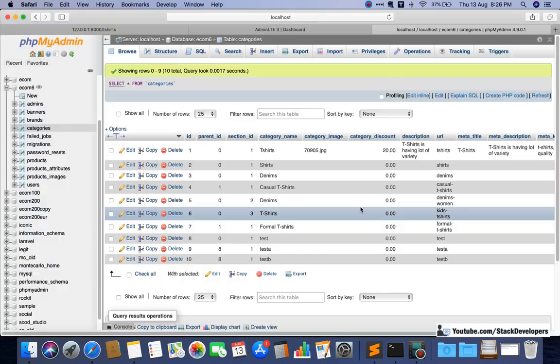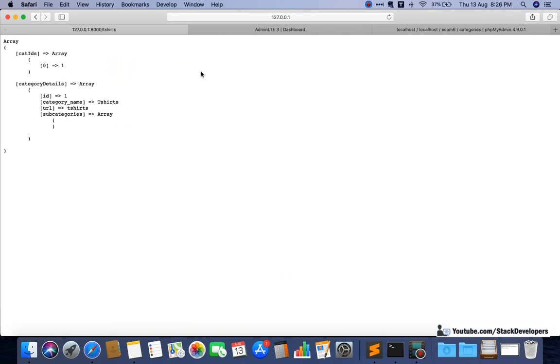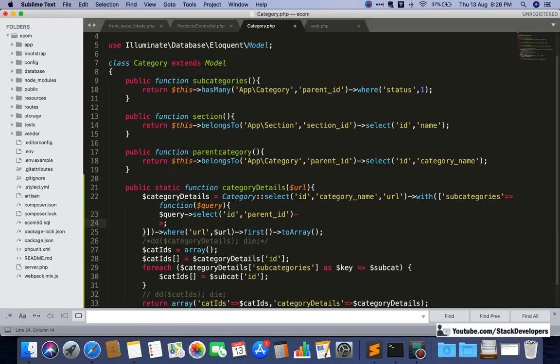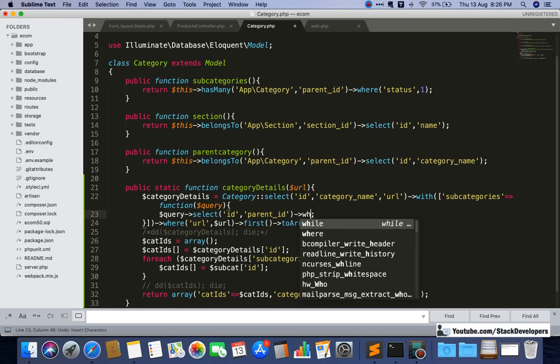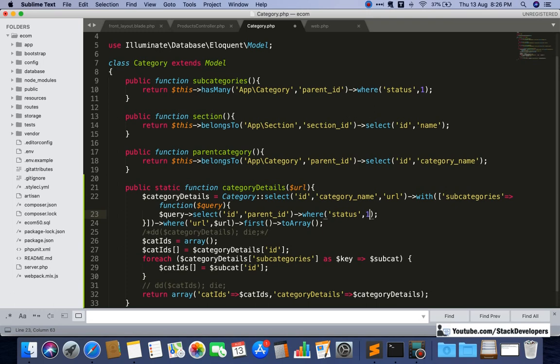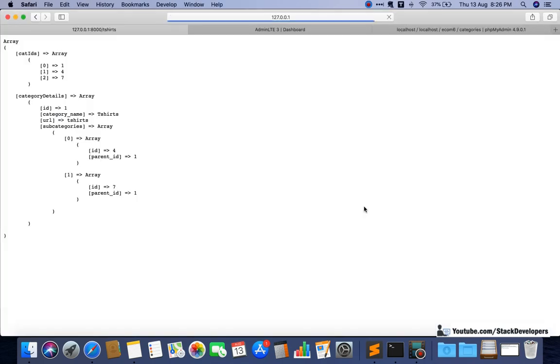I think now it must come. Let's see. Yeah, now it is coming, and here we will also add one condition where status must be 1. So now see, only enabled categories and subcategories will come.